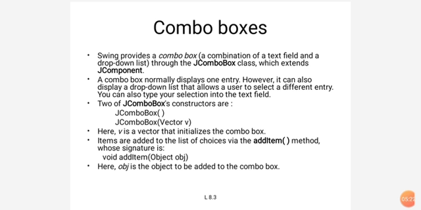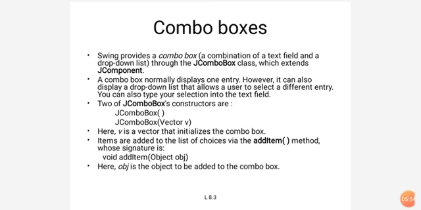Whenever you are filling in applications, you will see this type of combo box. It gives a description, and after that a text box is displayed with a small reverse triangle at the end of the text box. Whenever you click it, it gives the drop down list. Otherwise, you can type the item you want to select, and it automatically takes it from the drop down list. So it contains the combination of a text field and a drop down list.